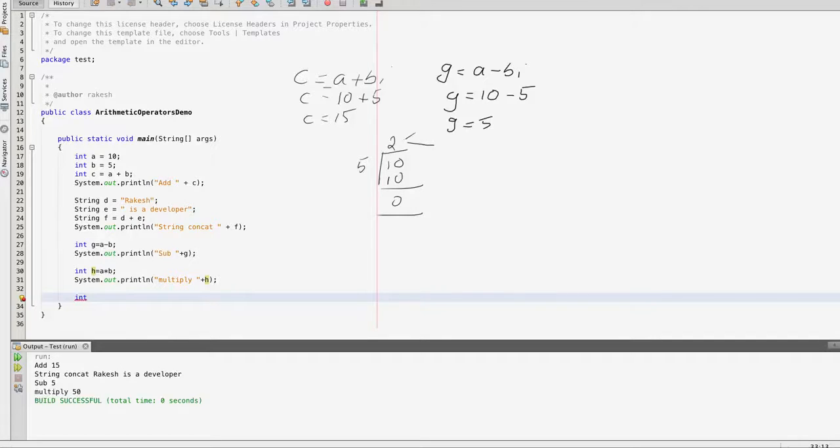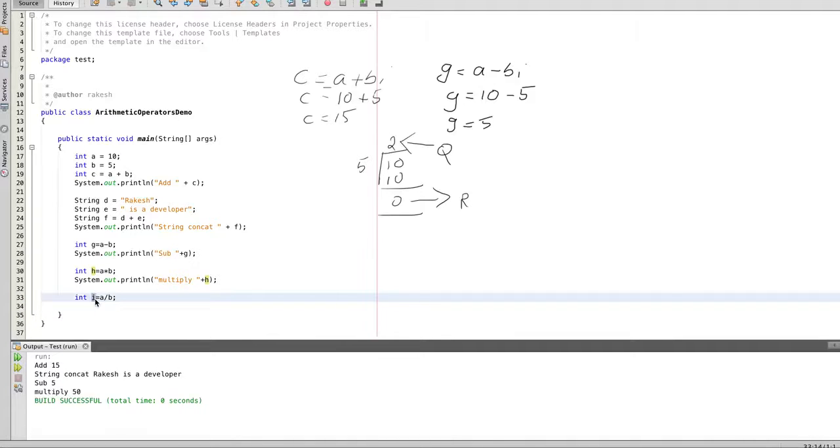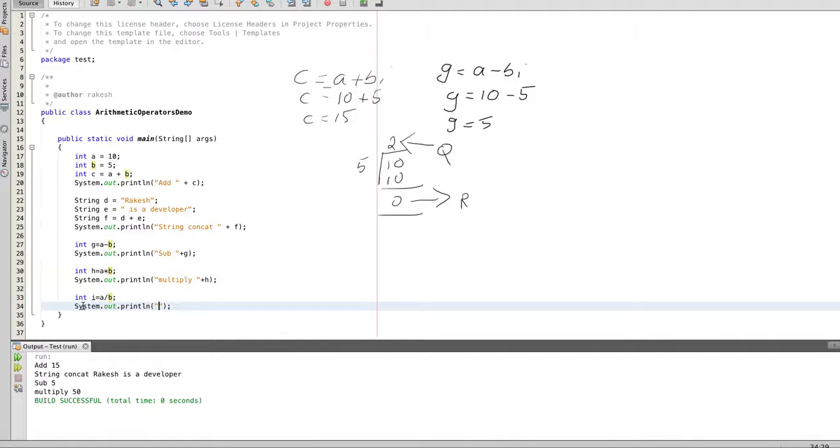So here this is the quotient, this is the remainder. If you use the division operator, which means i equal to a division operator b, what i would hold is the quotient value after this operation. So 10 divided by 5, the resultant quotient, which is 2, would be set to variable i. So if we print this output,